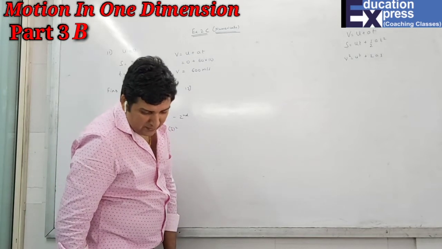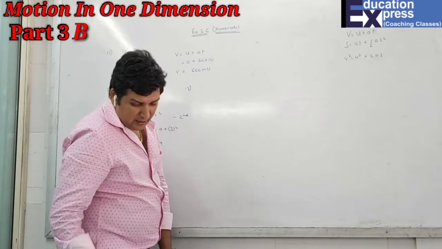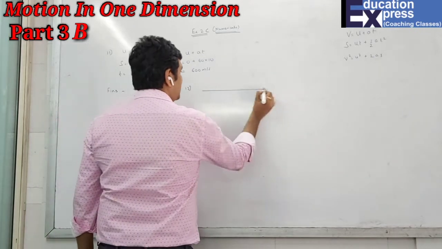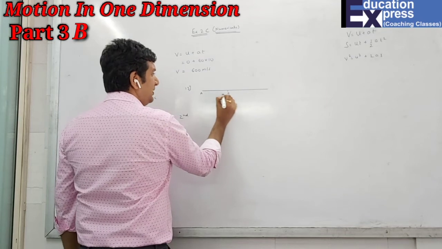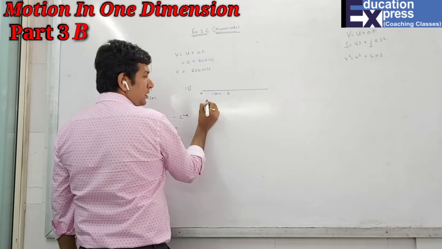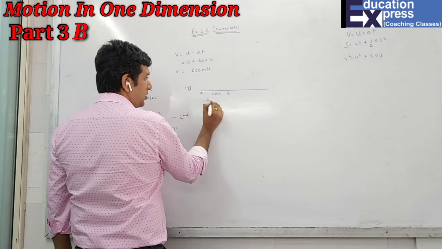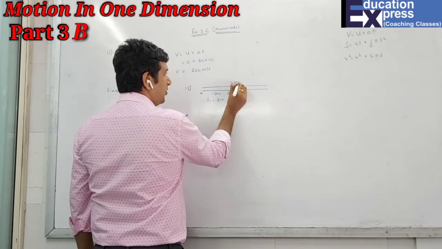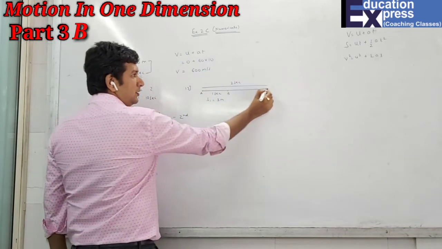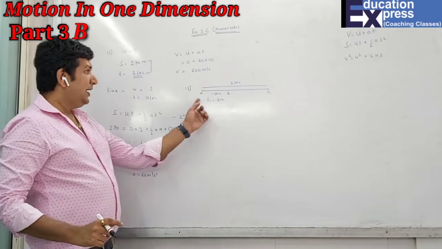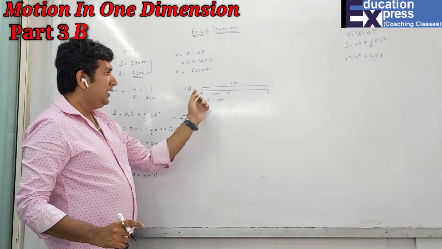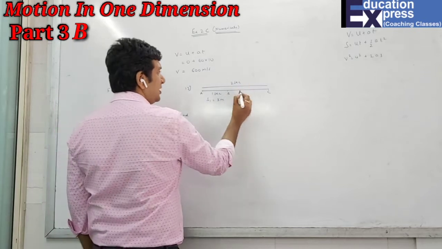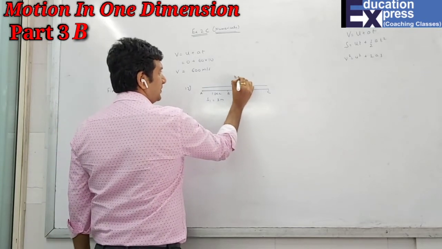A body moving with a constant acceleration travels distances of 3 meters and 8 meters respectively in 1 second and 2 seconds. It means that in a given time period of 1 second, it covers a distance of 3 meters, and in a given 2 seconds from the start, the initial point is the same in both cases. A to B initially is point A, and A to C also initially is point A. That means in 1 second 3 meters, and in 2 seconds it covers 8 meters.